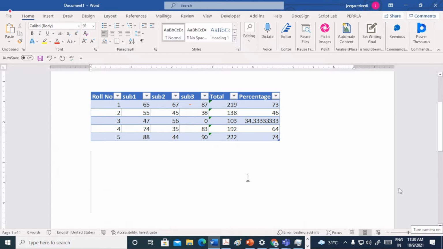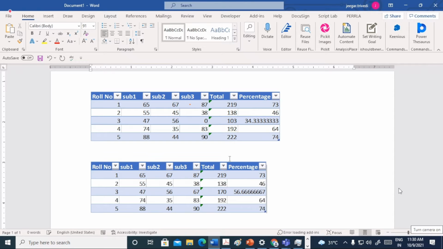Here it is. And now if I paste, so now this is pasted in the form of an image. So it cannot be changed or edited.